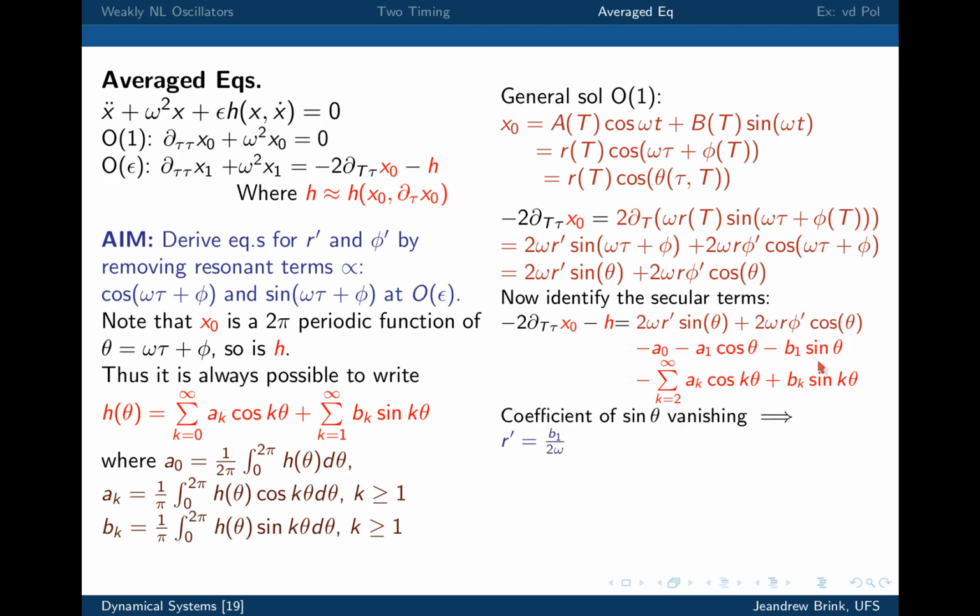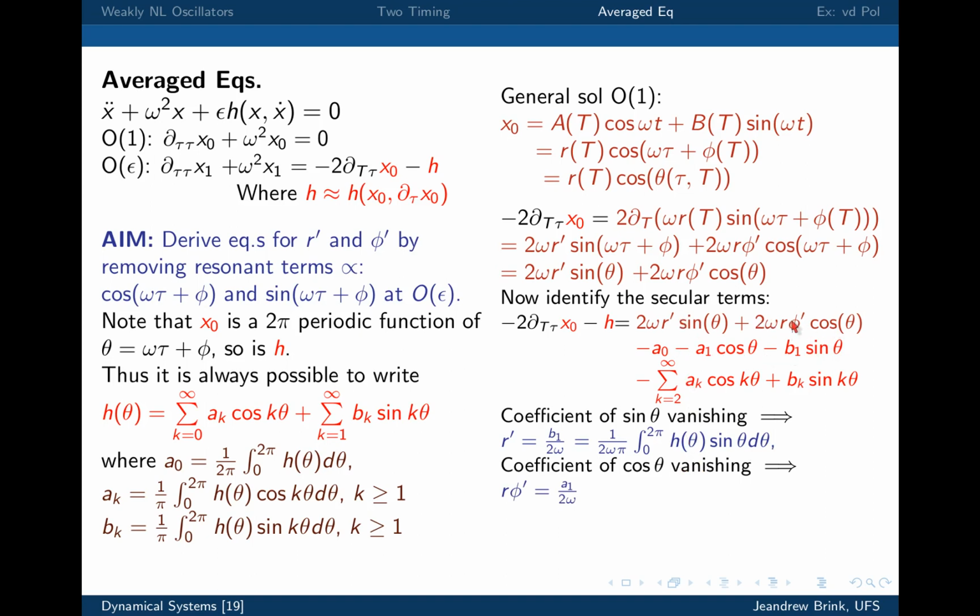Okay, so the vanishing sine term basically implies that r prime is equal to B1 over 2 omega. And if we write down the definition of B1 now, we simply have that r prime is equal to 1 over 2 omega times pi times this integral from 0 to 2 pi of h of theta times sine of theta d theta. And the coefficient of cos vanishing, we basically have the coefficient of cos over there, so it's